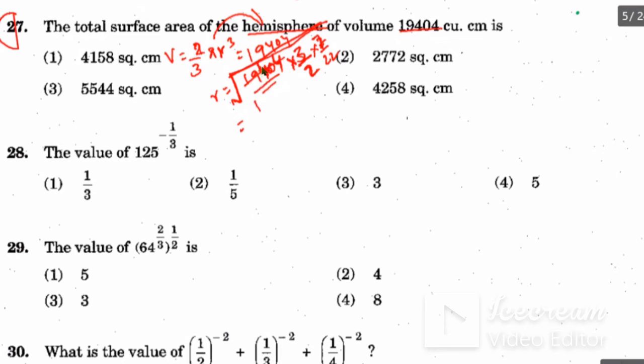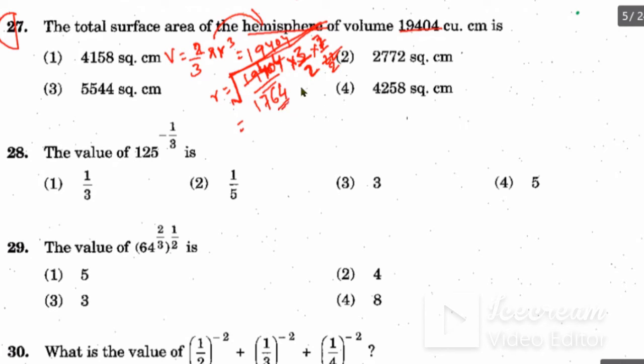11 1s are 11. So 8 remaining, 84. 11 7s are 77. Then again remaining 4 plus 3, 7. Then it is 70. Then 11 6s are 66. Then you will get 4 as a remainder. So 4 and 4, 44. 11 4s are 44. So this you will cut 11 to the 22.